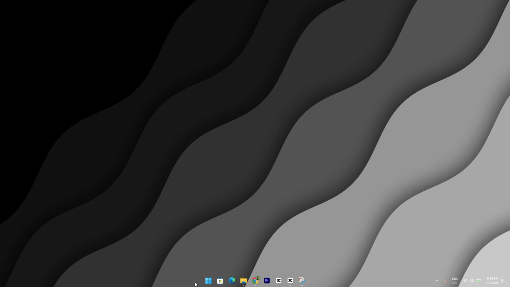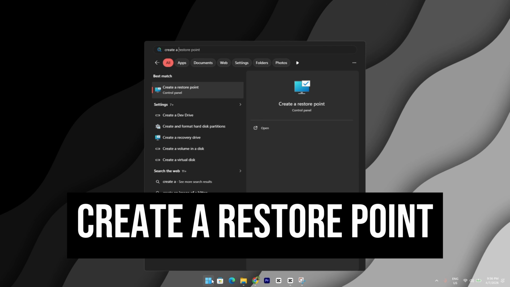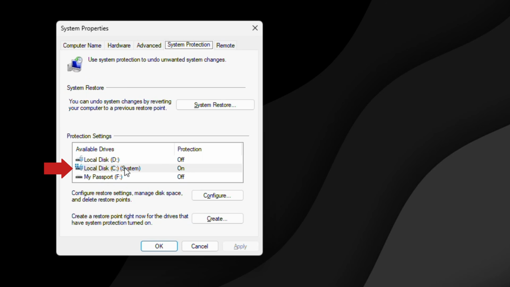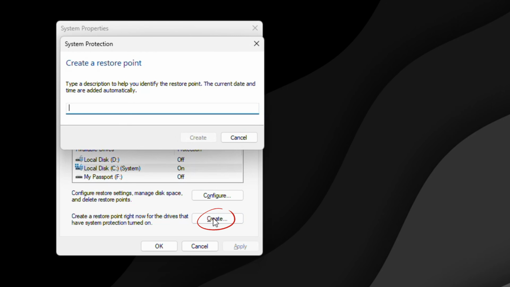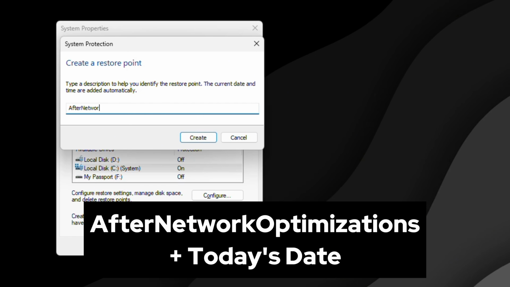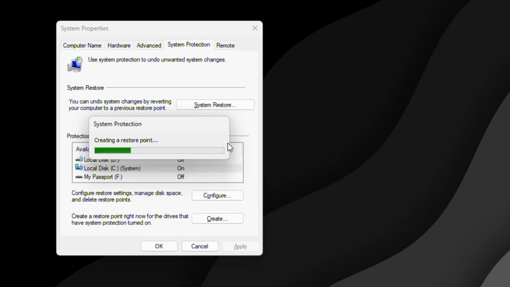All right, that's it for the network section. Let's create another restore point again. Click Start, type Create a Restore Point, hit Enter. In the System Properties window, select your C drive again, click Create, name it After Network Optimizations, and then add today's date if you wish, and then click Create. Wait for that confirmation,